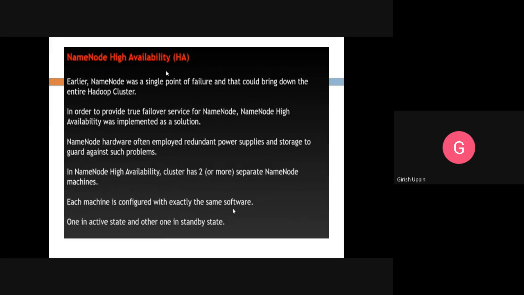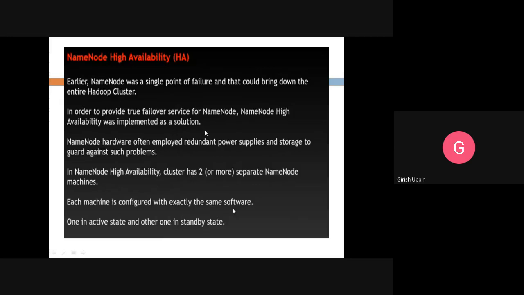For that, we use the zookeeper. So zookeeper is the one which is used for checking the high availability. Earlier, a name node was a single point of failure, and that could bring down the entire Hadoop cluster. In order to provide a true failover service for the name node, high availability was implemented as a solution.